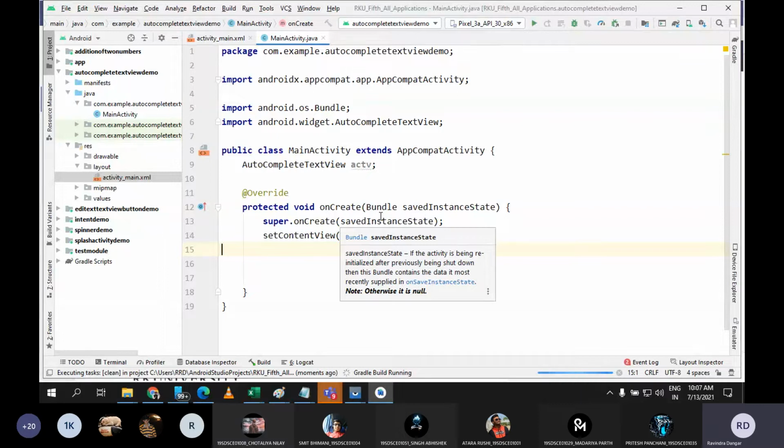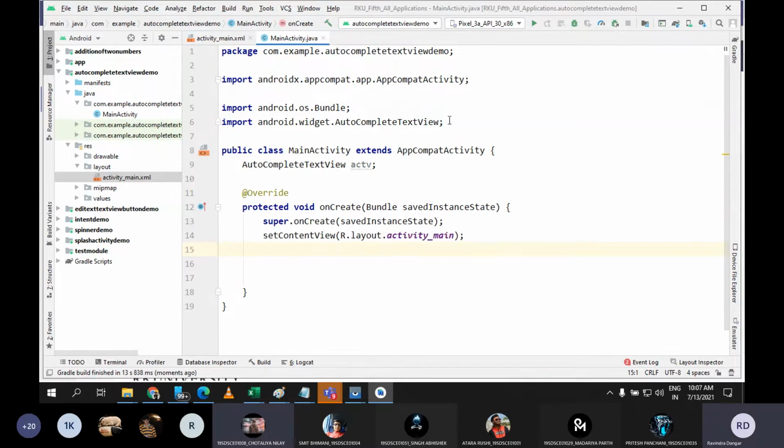Sir, what other reasons can there be for an application to crash, apart from the ID? One thing is the ID could be different. The other thing is, whatever object you are passing, you can get a null pointer exception. If the object you are using is null, then your application may crash. Very soon I will let you know about logcat also. From that you can debug the application and come to know why it is crashing. So don't worry.